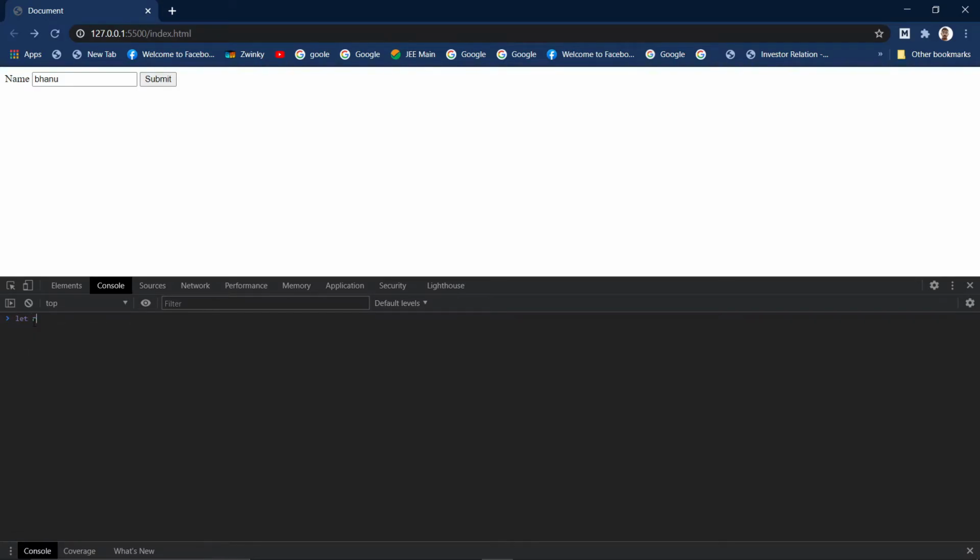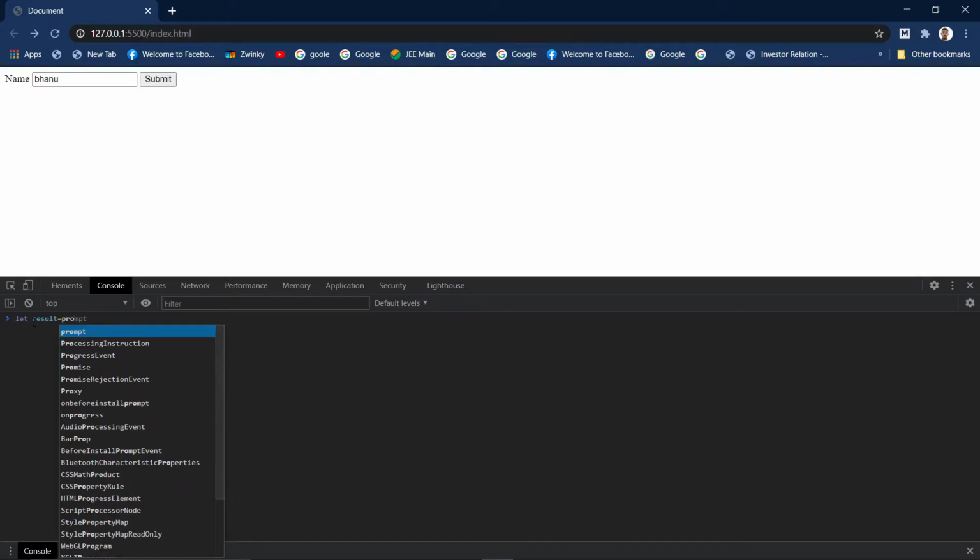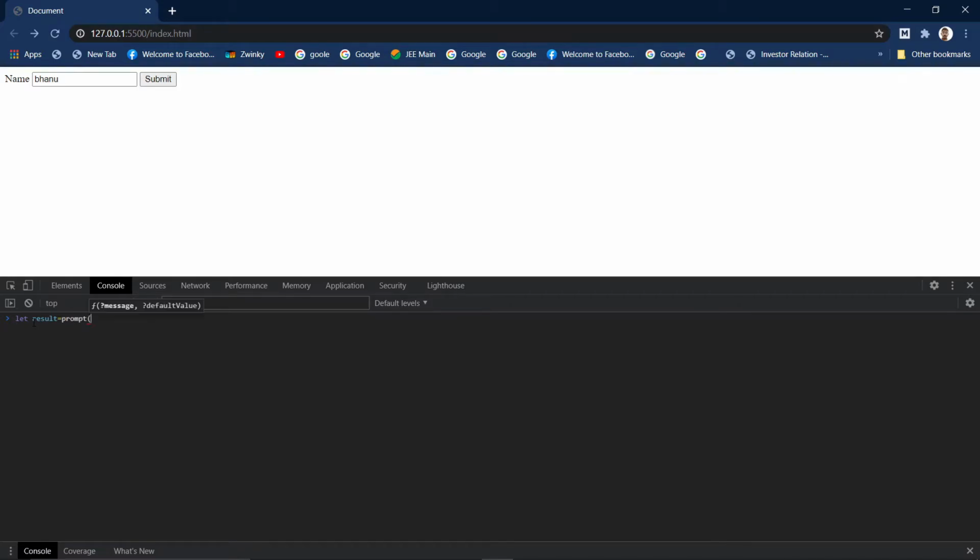Let result equal prompt, and let's enter something over here: What is your name? And here you can pass the default value. Suppose we pass a default value of name. This value will appear to the user. Then the user can override it or leave it as it is.